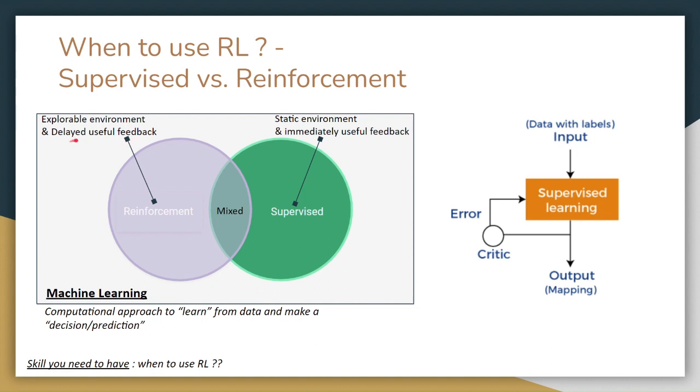So it's called delayed useful feedback. It means the useful feedback is delayed. You have to play for a while until your Mario dies or wins, and then you get a very big reward. So the useful reward is delayed. So these are the two main differences between the two frameworks. Okay,